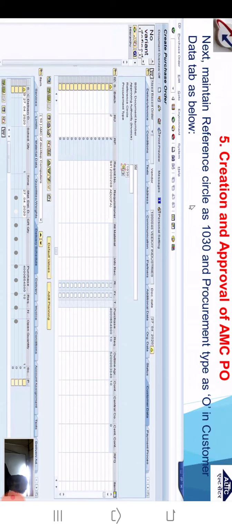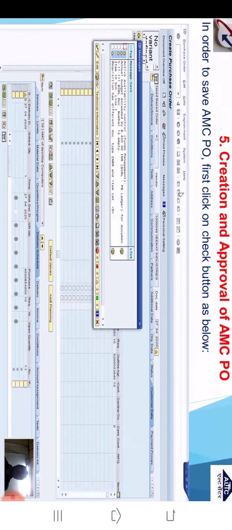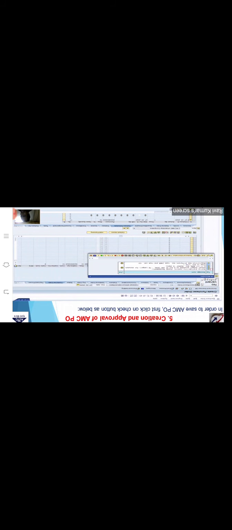Next to this, since the PR was having each and everything, after providing reference circle and procurement type, that is OPEX, simply we will proceed for saving this document. For that purpose, we will go for check and then save.